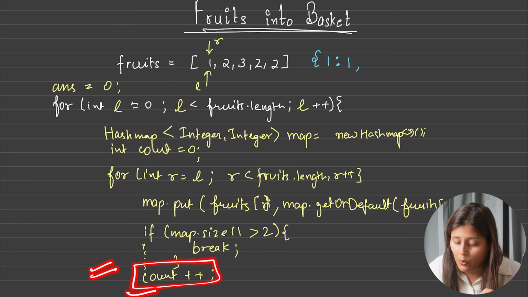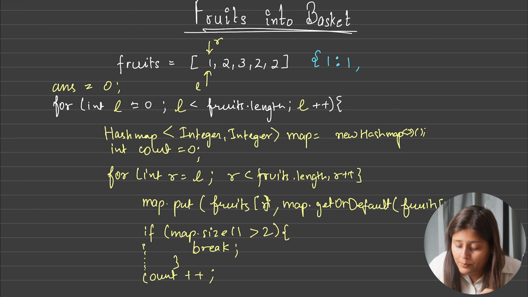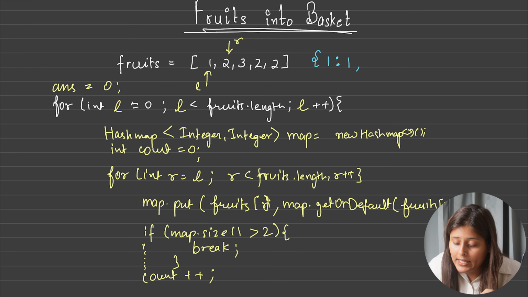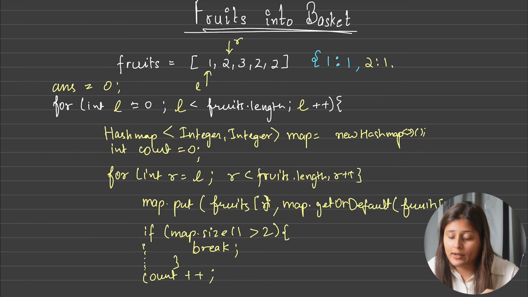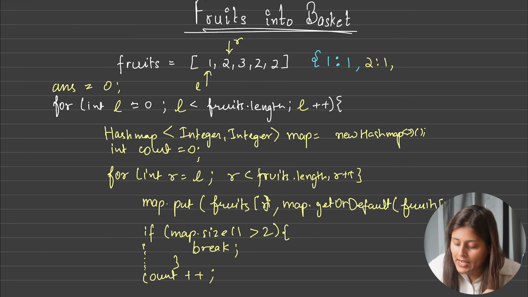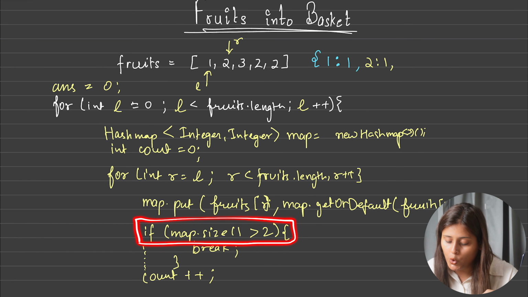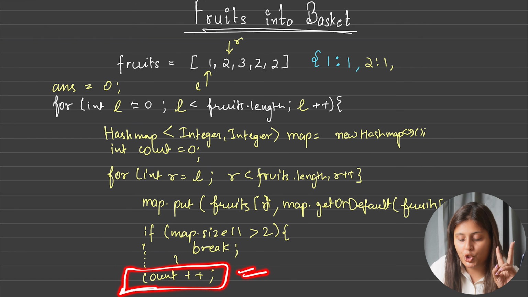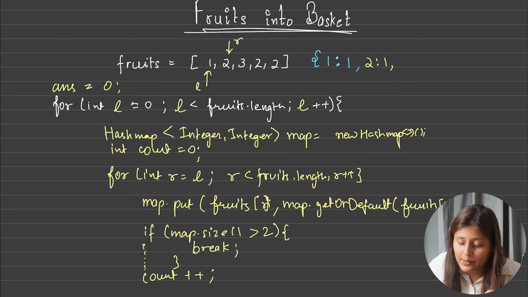As of now, there is no such case like a false case, so we will increment our counter. Now we will move our right pointer ahead. So this right pointer will go to 2 now, correct? Again this 2 will also get added in the map. So do we have 2 here? No. So now the map will also get initialized with 1 count, correct? Yes. And now is the map size greater than 2? No, it is not. So hence again count plus plus. So as of now, what is my count? 2. Now again I will move this right pointer ahead to this, correct?